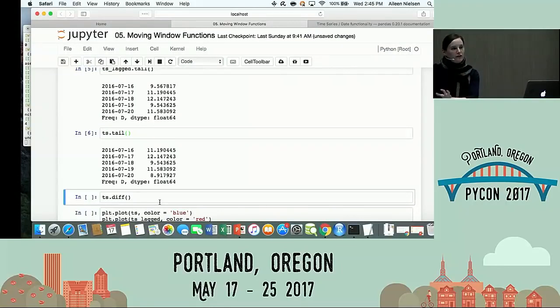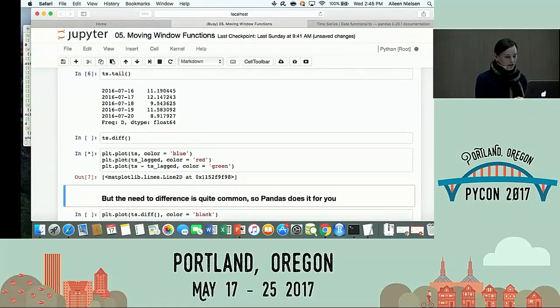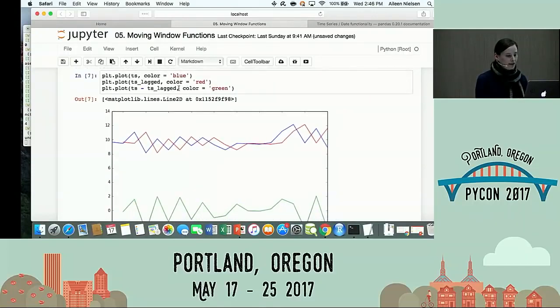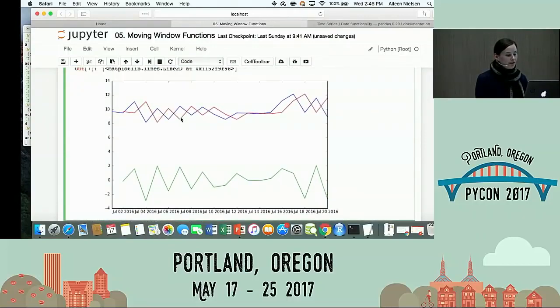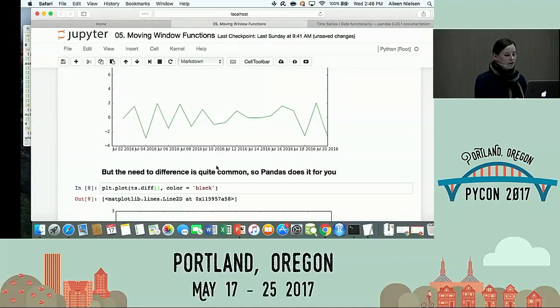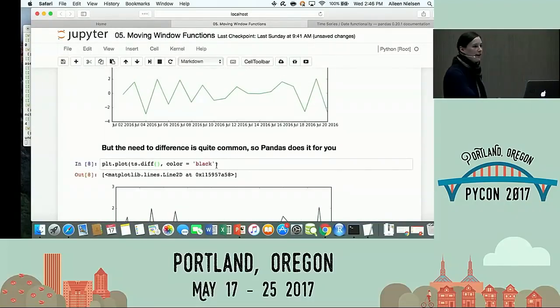So it really does just shift it, but preserves your initial indices, which can be nice if you don't want to start adding indices, right? You really just want to compute the lag. I do this usually because I want to be able to do a difference, right? One way I can do a difference is I can just subtract it out like this. You can also, though, instead of computing it yourself, use ts.diff, which will actually just give you the exact same time series. So I don't have to explicitly do the lag myself, although it's good to understand where it came from.